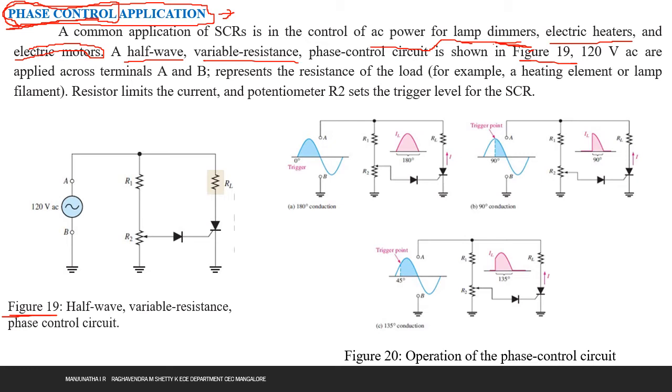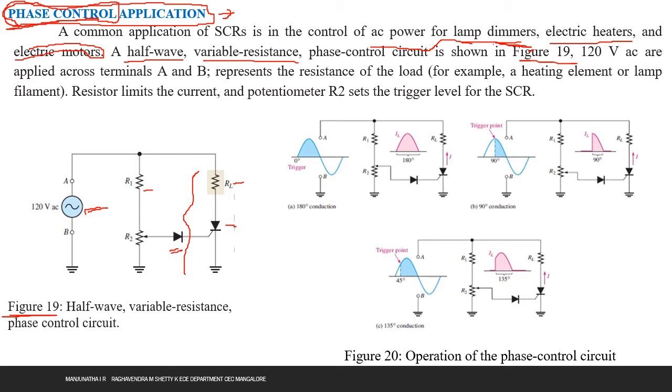One voltage source is here, one diode is here, and we have a load resistance here for the SCR, so that is not important here. If you want to consider it as a half wave rectifier, this is the source, this is the resistance, this is the diode.